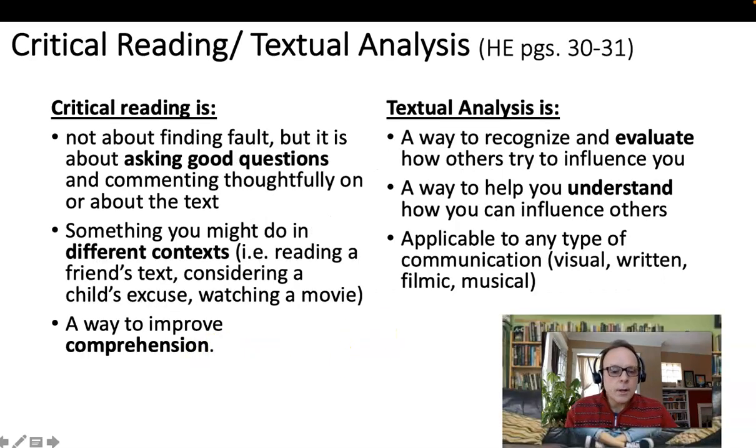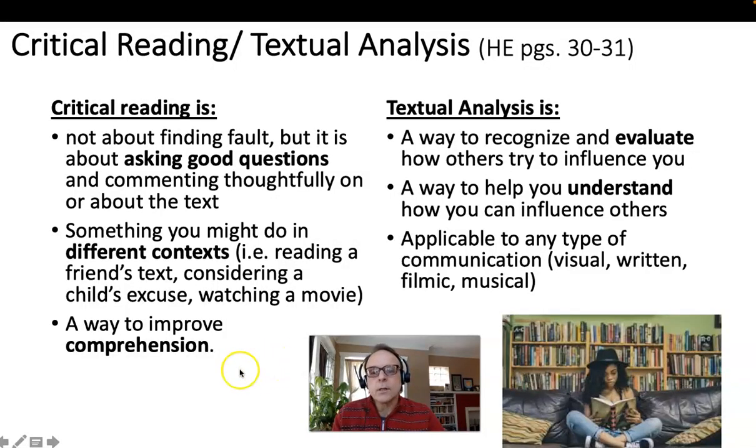All right, so this first thing that I wanted to mention, again, is this idea of critical reading, and also the idea of analyzing a text, looking at a text and breaking it into pieces to understand it better. So critical reading, like it says here, is not about finding fault, but it's just about asking good questions. If you're reading something and in your mind you're kind of questioning it, some of us are just very naturally skeptical or even cynical, sometimes we might say. And guess what? As an academic, that's a good thing.